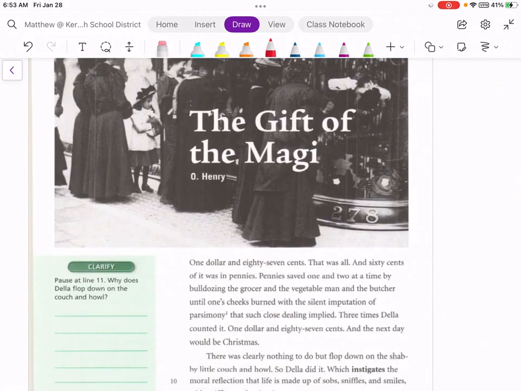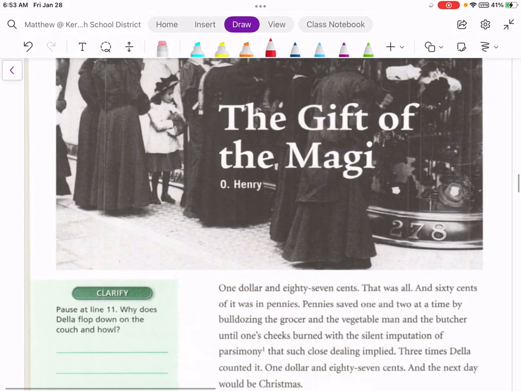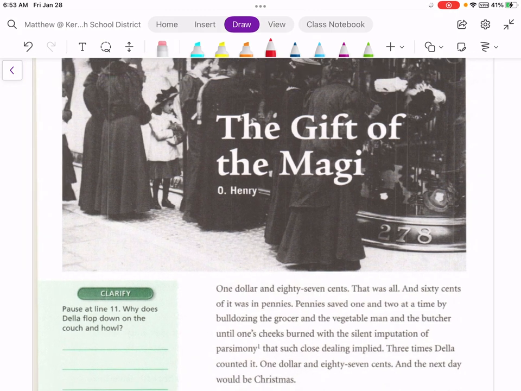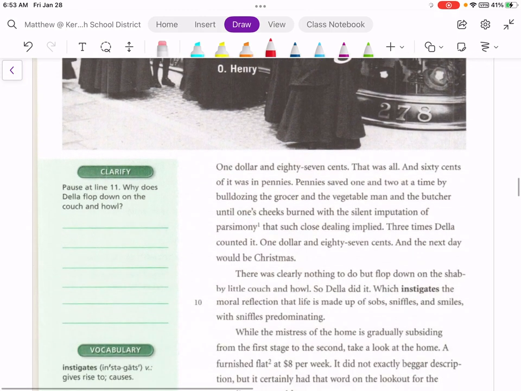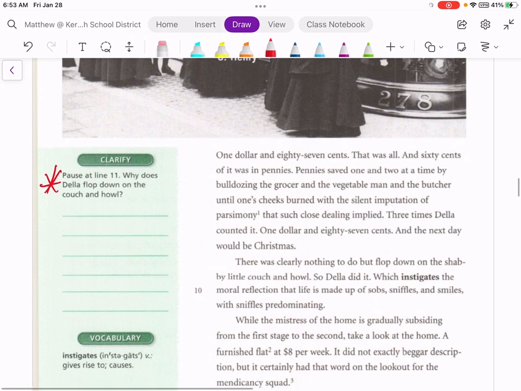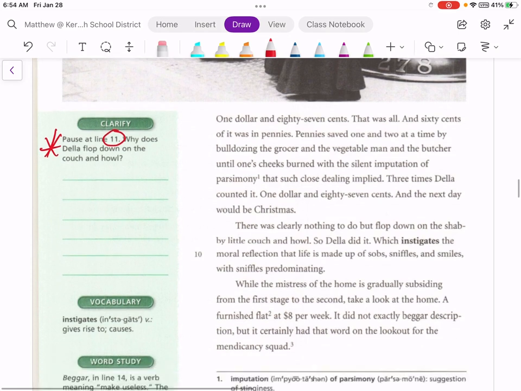You will then read a short story called The Gift of the Magi. You do not have to annotate this short story. You do, however, have to answer the questions found on the sides of each page. As this is a hard copy and not one done on Actively Learn, the questions will be corresponding to lines, kind of like a poem. So if I were to find line 11, I would simply go down to this number here.